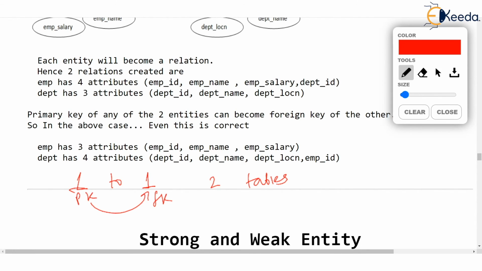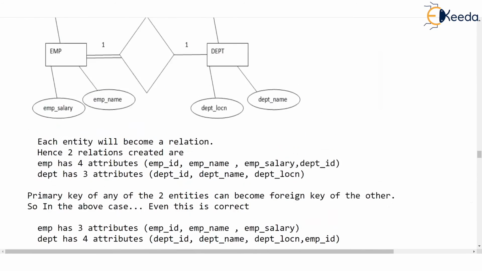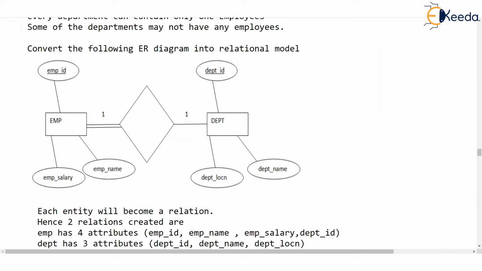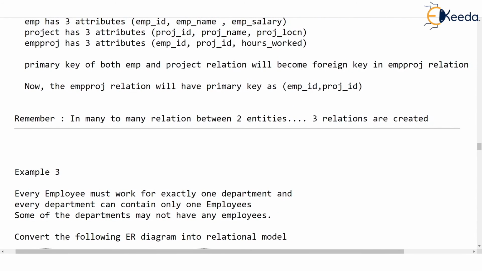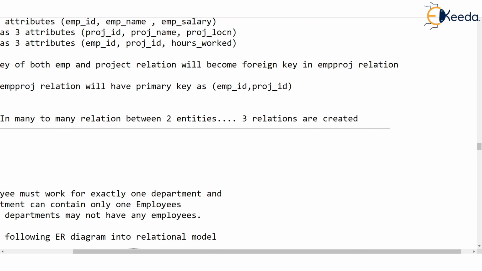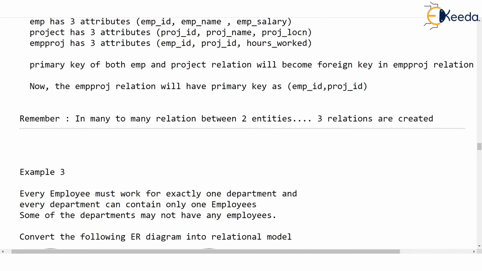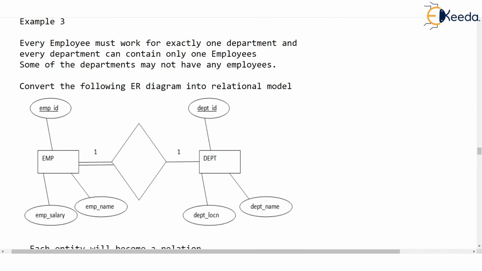Okay, so I hope you have understood what we mean by converting an ER diagram into relational model. This topic will be understood if you see all the videos in correct sequence, because I am going to skip a few things which were already discussed in the previous videos. So in this video I did not discuss what that double line and single line that I have drawn at these places mean. But overall, I feel that you are looking at the videos in the correct sequence.